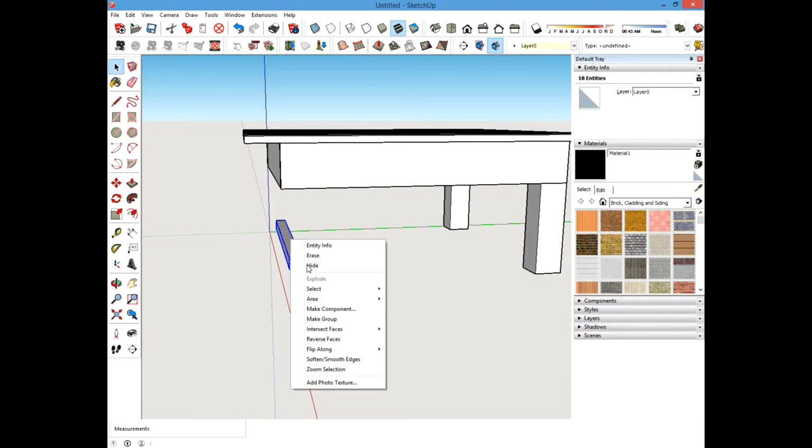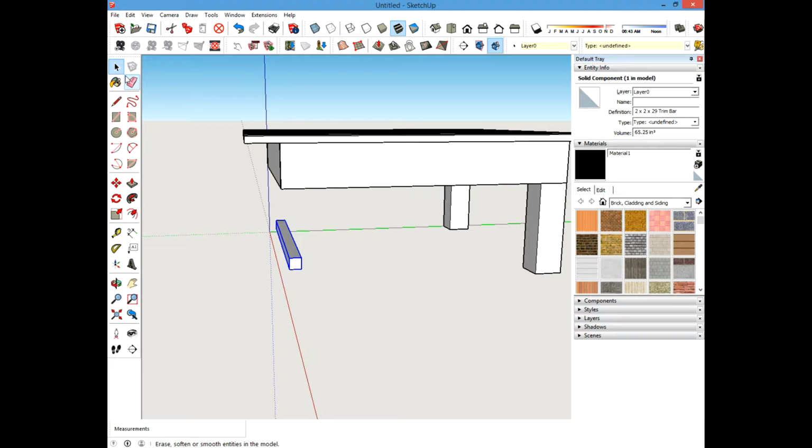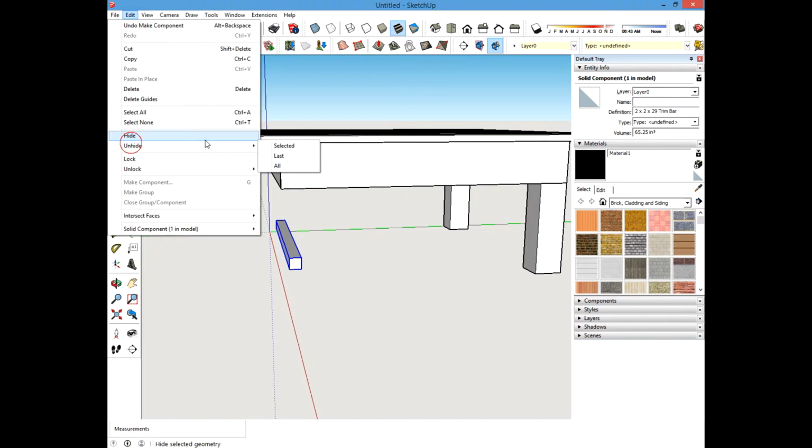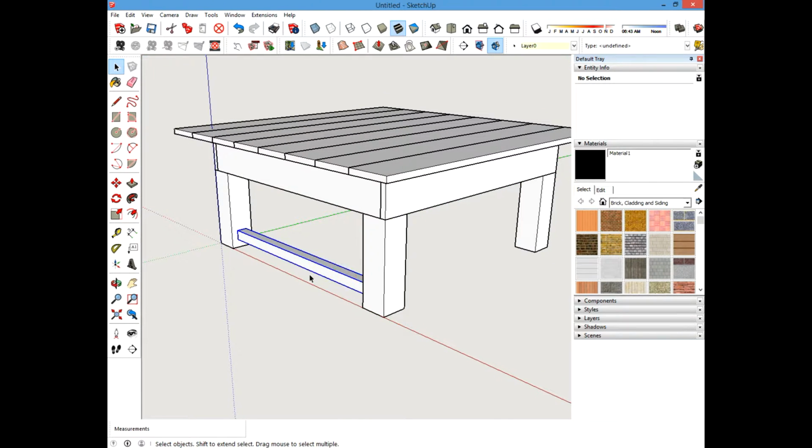2 by 2. By 29. Let's say, I don't know, trim piece. Sure, or bar, trim bar, whatever. Okay. So